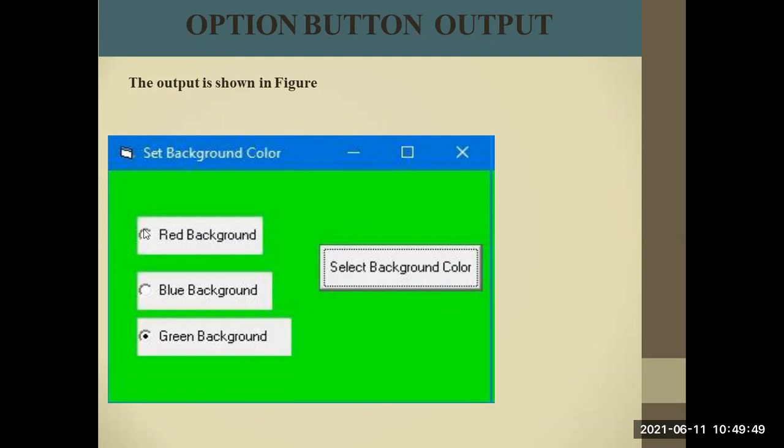And you can see once you select one button, the other two are disabled. We cannot choose multiple options here. Okay, the option button does not provide a multiple choosing option. So we cannot choose multiple options. Once one option is selected, the others are automatically disabled. Right. So this is something about the option button, and how the option button control can be used in designing your different forms or applications.